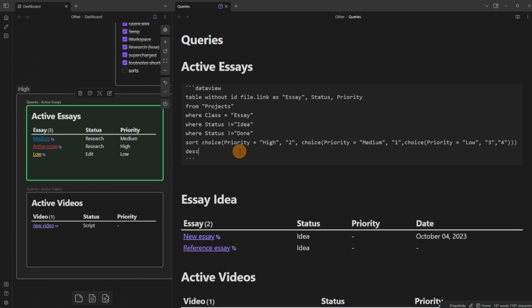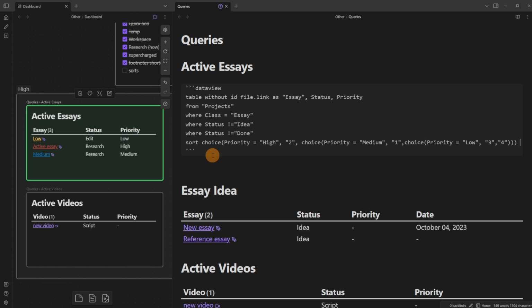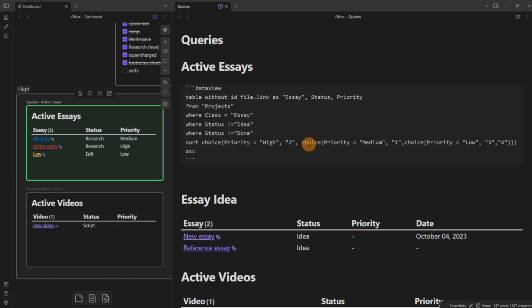If I change this to a descending order, the medium and low are going to flip. So now it's going from 3, low, down to 1, which is medium. So low, high, medium. So let's go to ascending again. Let's change this to 1 and change the medium to 2. Next thing I want to do,